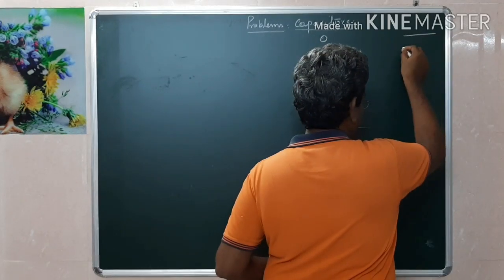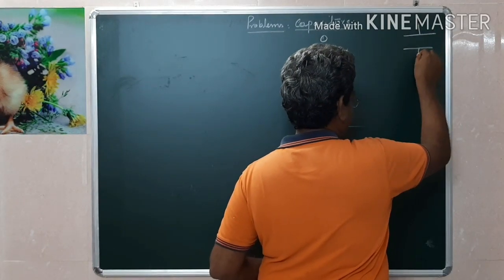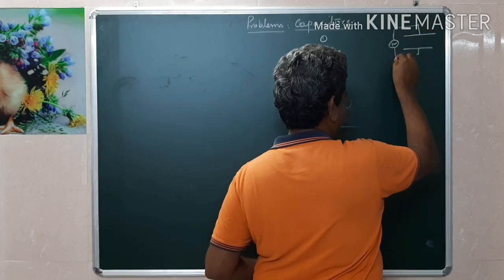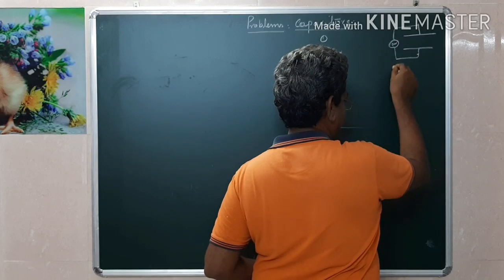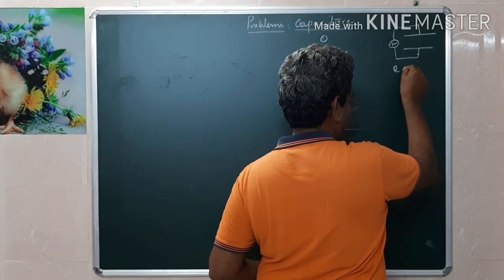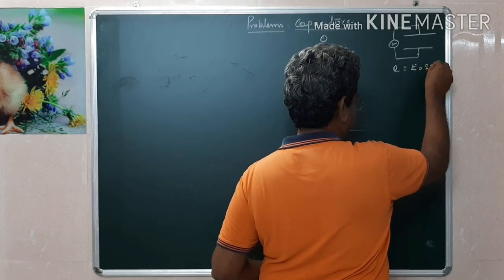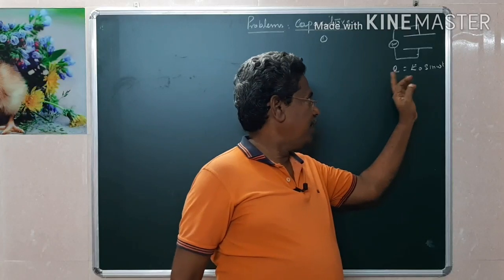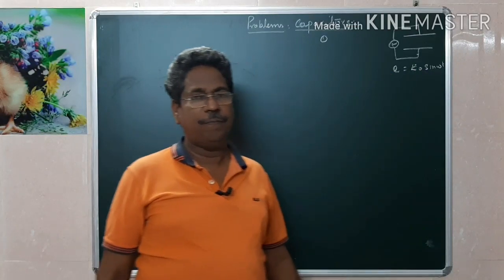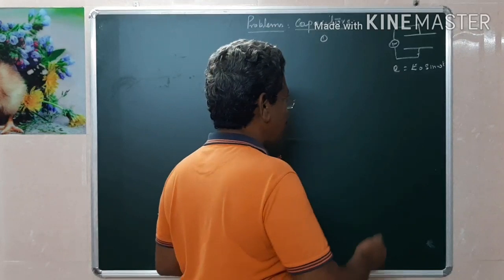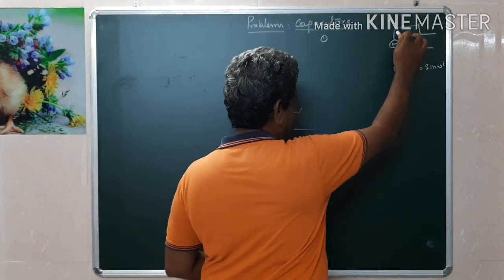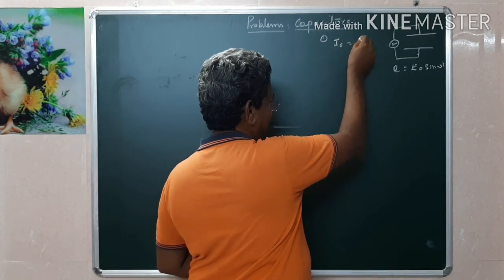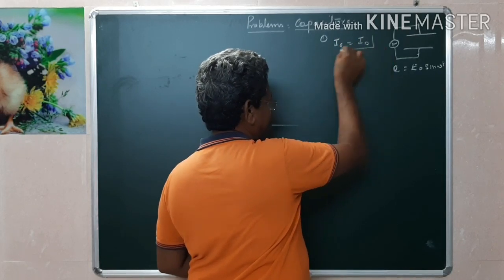A capacitor is charged with an alternating source. The formula for this alternating source is, suppose E is equal to E0 sin omega t. A DC battery would have just E0, but this is an AC battery, so E0 sin omega t. What they are asking is, show that the current stored in a capacitor due to charging is equal to displacement current.